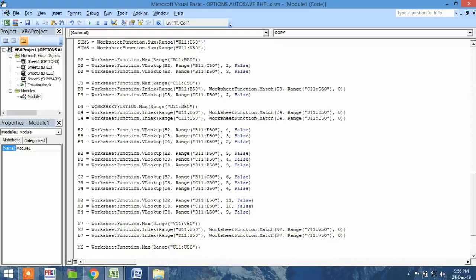And again because we are going from right to left, we'll first define L6. Sorry, for L6 we are going from left to right, we'll simply use the VLOOKUP function. Worksheet function dot VLOOKUP, and we'll search for M6